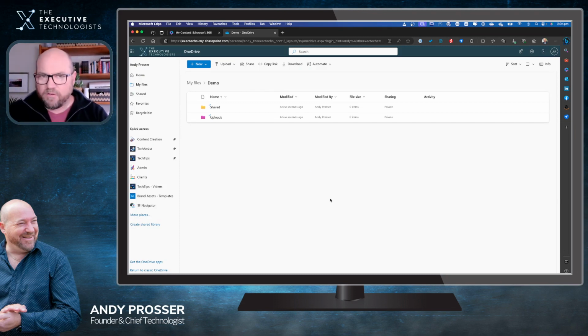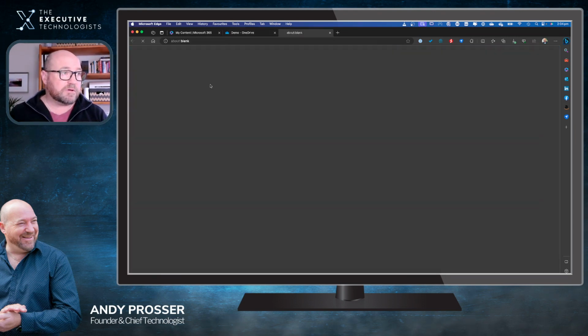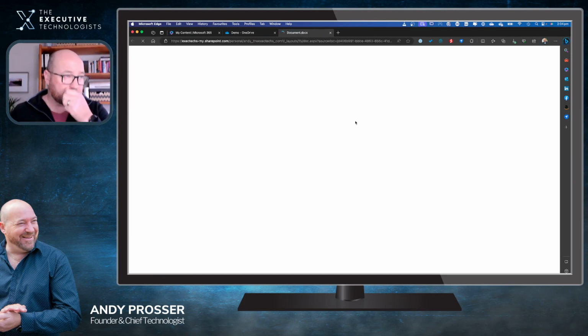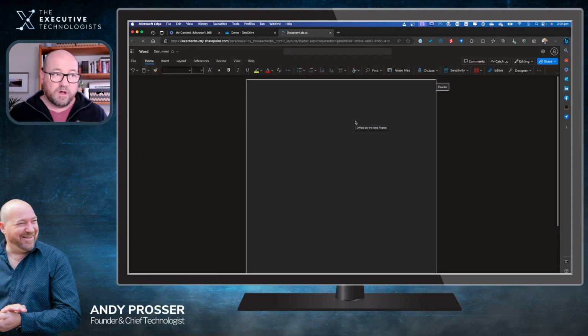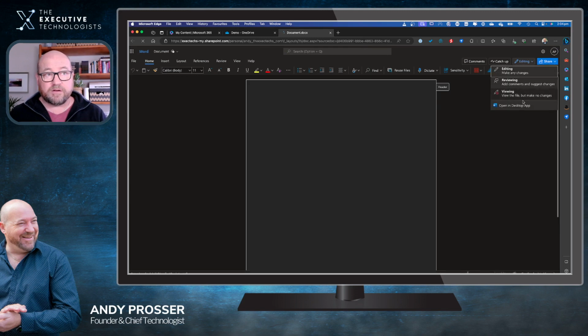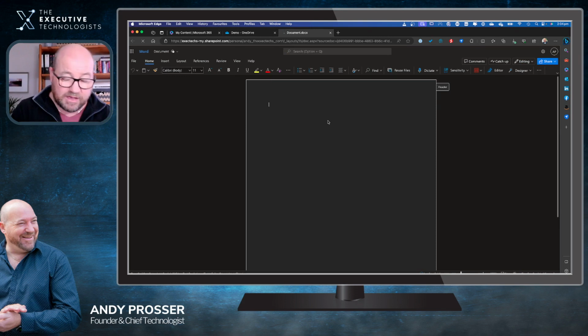So why have I created these particular folders? Now, this is a common thing that we need to be able to do when we're working with files. The first one is we're going to better share files with others. Now, I'm going to create a document. I'm just going to create a Word document in this case. And you'll see here right in the interface, it's going to load up the web version of Word. Now, we could actually go and change this and say, I'm going to click here, and I can open in the desktop app if I wish. But for the purposes of here,